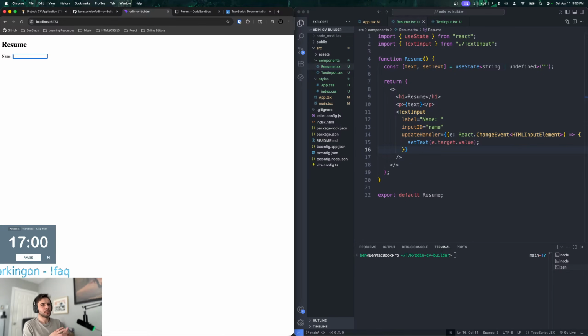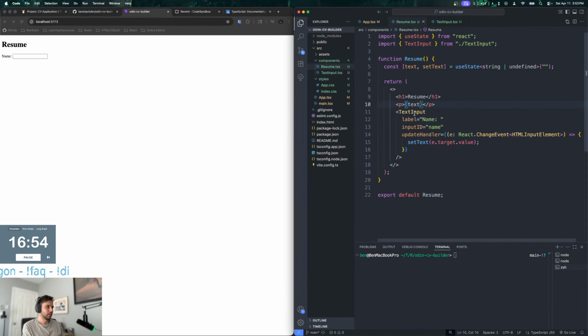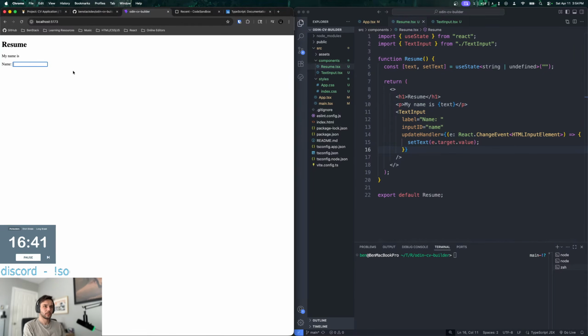Okay, so I think the text input's good, right? Okay. I could even do it like this. I could do like name, like this, right? I mean, that's a little confusing. But I could do like, my name is... Okay, nice. And then now that general pattern should be the case for all text inputs I need, right? And then I can do the same. I can do a very similar.